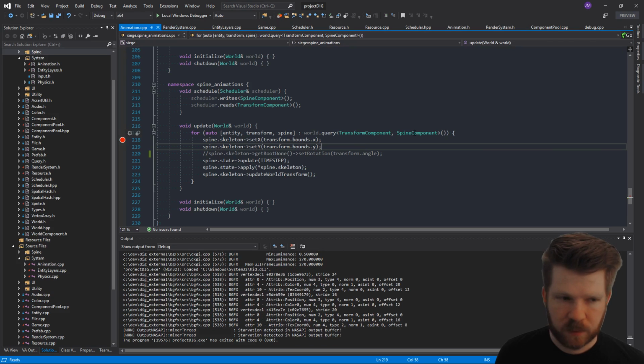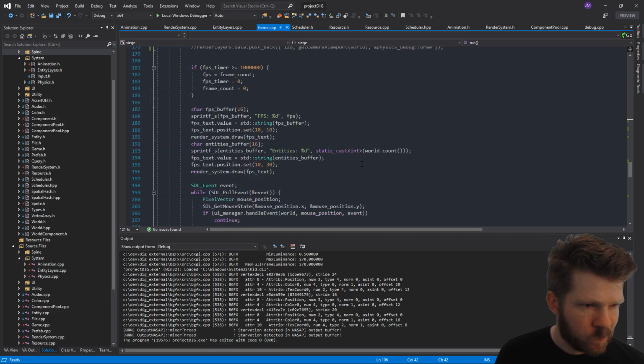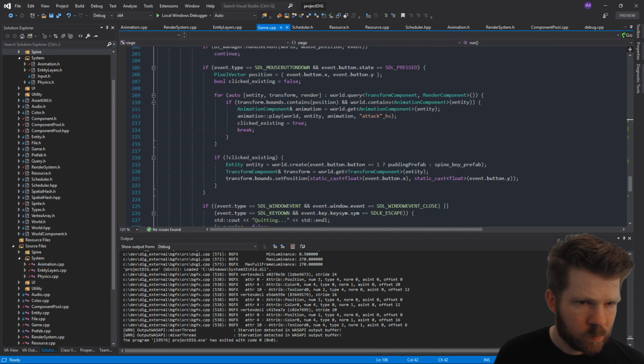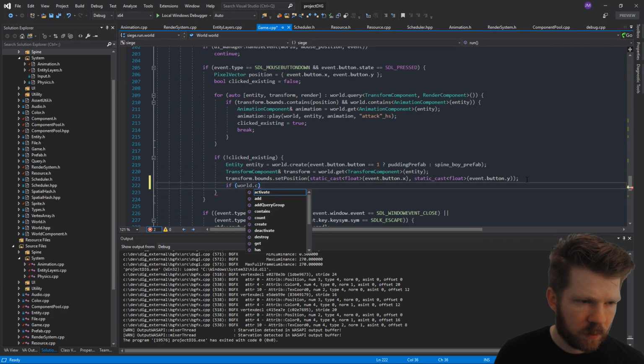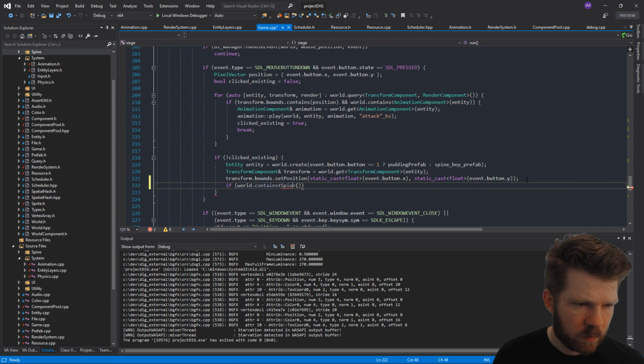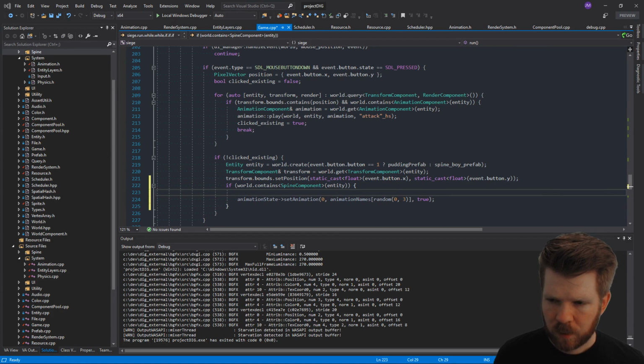I am curious to see that at play. Spine boy. So we can say if the, what is it, world contains a spine component, oh whoops, entity, then we want to get that